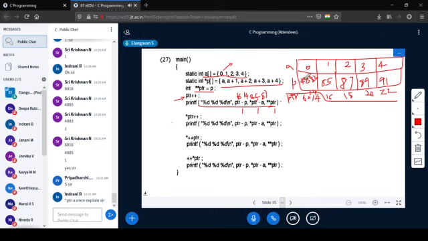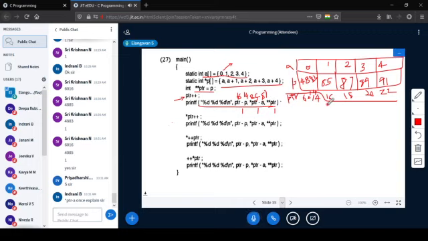P of 0 is 4883, and its address is 6014. So 6016 minus 6014 is normally 2. Since it is a pointer, it is 1. Only one jump is required. So it is 1. And coming here, star PTR.